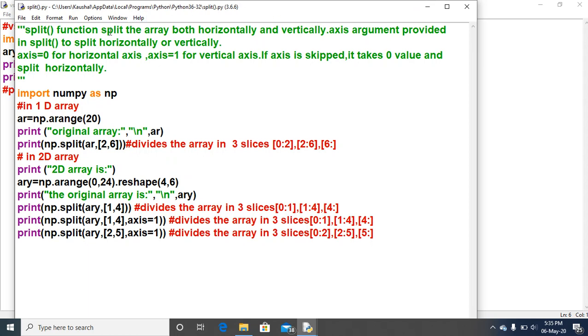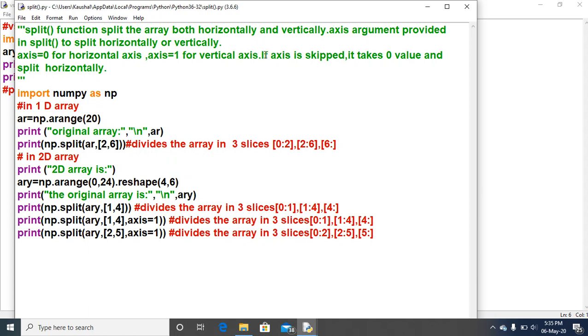Axis equal to 0 for the horizontal axis and axis equal to 1 for the vertical axis. It means that when we provide the axis value as 0, it will split along the horizontal axis, and when we write axis equal to 1, the array will split along the vertical axis.